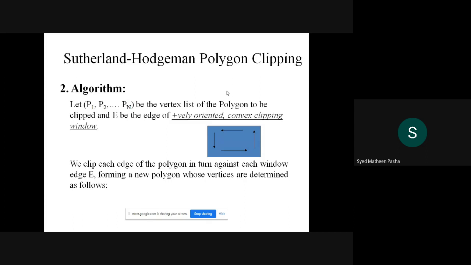As I told, the advantage of this particular algorithm is that it is very efficient to delete the area which comes under both the edges, if it is on right, left, bottom or top. So this is the basic working of this algorithm. It is just removing the areas wherever it is necessary.